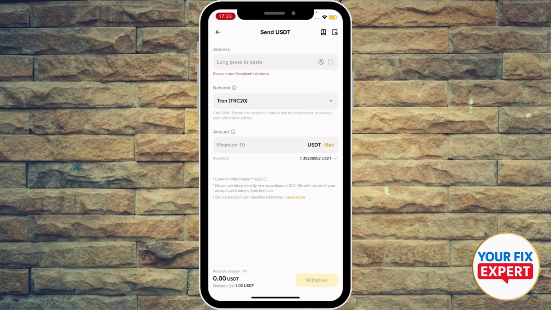So afterwards, you're going to hit withdraw at the bottom right, and now you're going to be able to transfer USDT from Binance